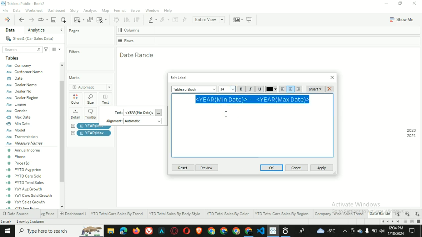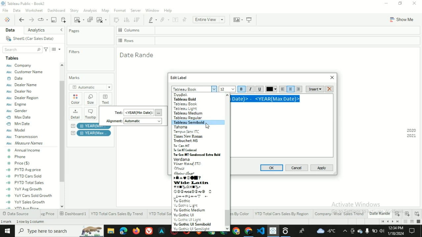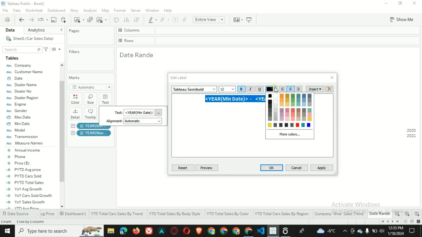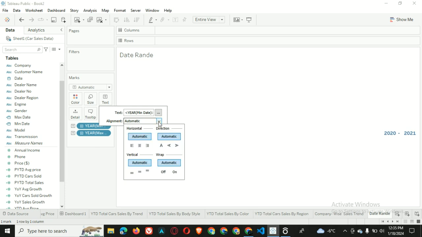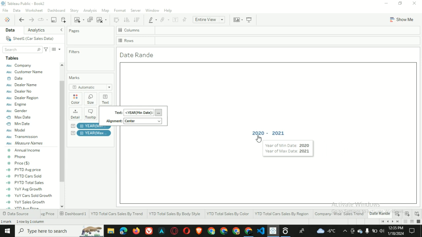Okay, let's make it 12. We make it bolder and select Tableau semi bold, and then we can put it on this color. Apply. Okay. So alignment, we align it in the middle from 2020 to